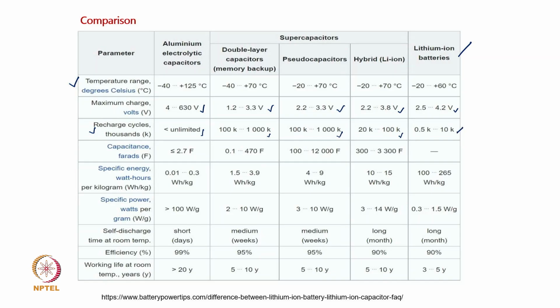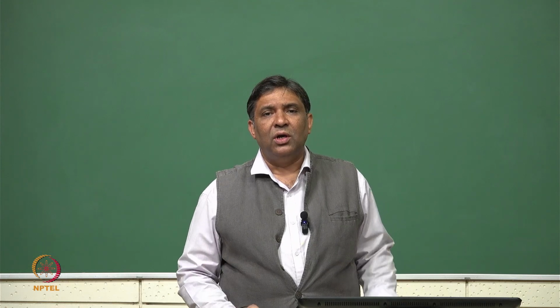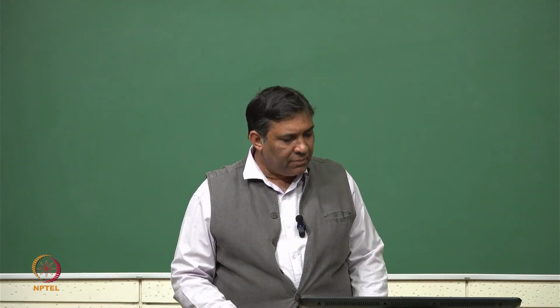I do not talk about capacitance, but now if we come to specific energy, then we can see the specific energy of a capacitor is quite low. It is slightly improved in different supercapacitors, but it is quite high in lithium ion batteries. It is basically 100, 200, 300 watt hour per kilogram for lithium ion batteries. This is the reason why, because of such high specific energy, the entire research focus and material development of lithium ion battery is one of the thrust areas.